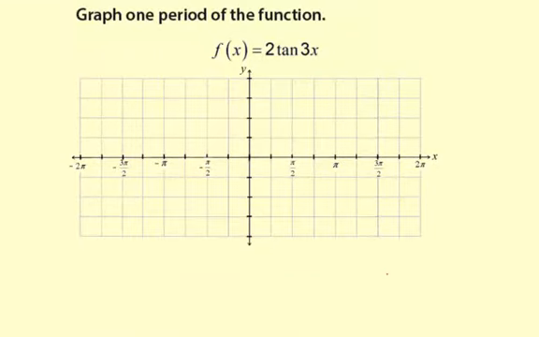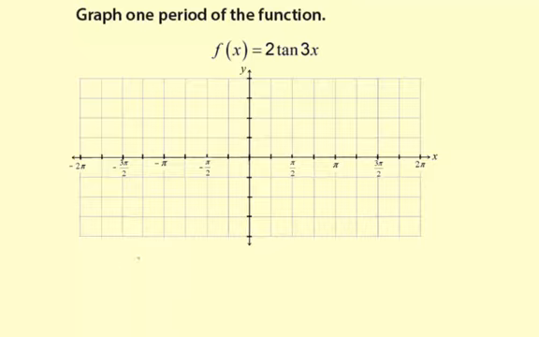Graph one period of the function. Here we have f of x equals 2 times the tangent of 3x. So first I'm going to find the amplitude of the function. And the amplitude, well, you can't talk about amplitude of the function because a tangent function doesn't have an amplitude,